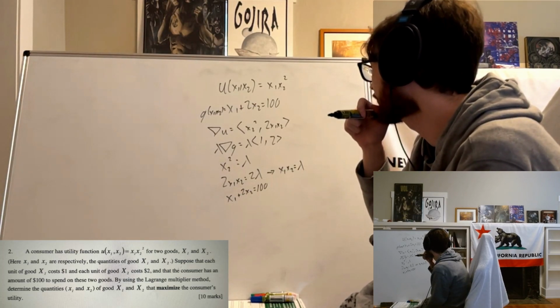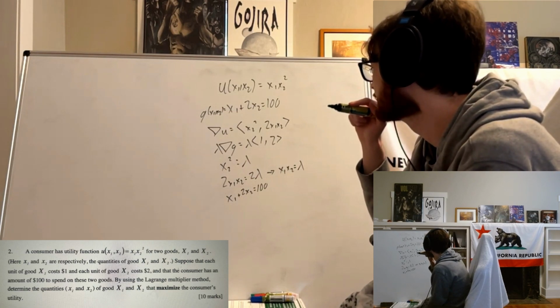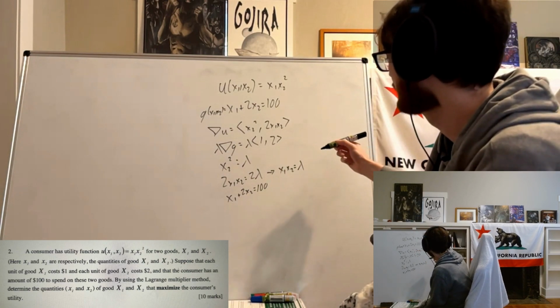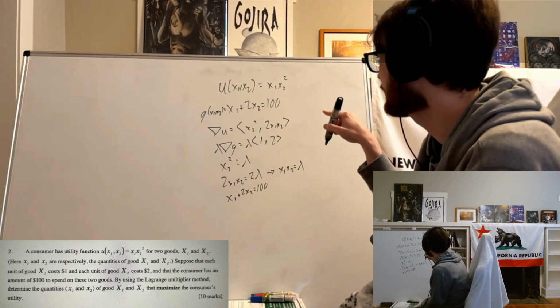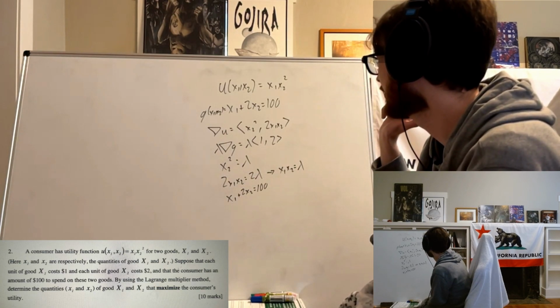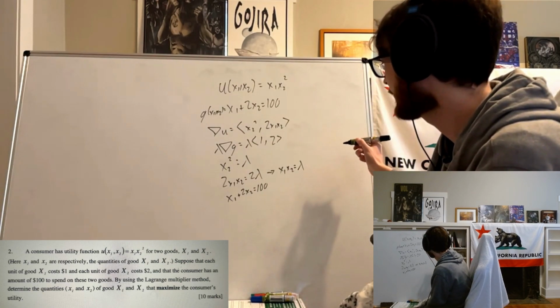Does it make sense for x2 to be 0? I don't think so. We're certainly going to need a lot more of x2. So in theory, we could not buy any of x1 or x2, but surely to maximize the utility, we're going to buy a lot more of x2. So I don't think we need to worry about x2 equals 0 in this context.